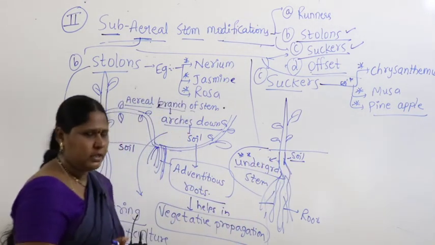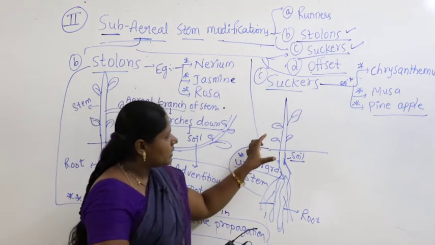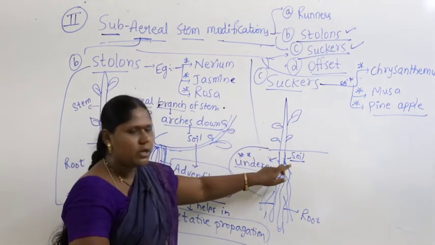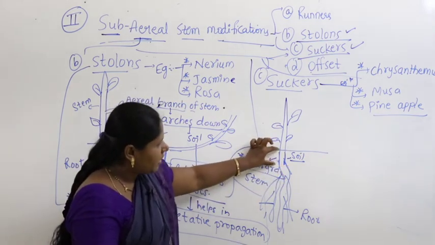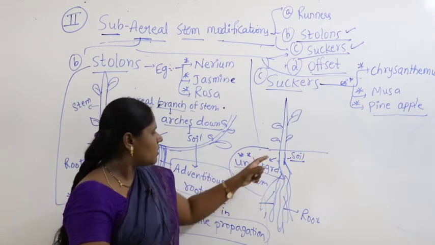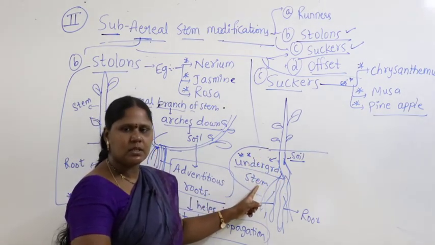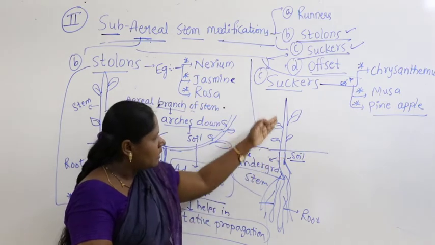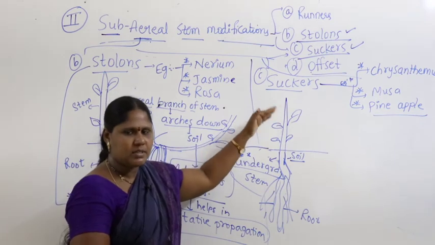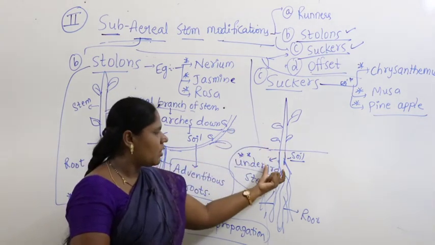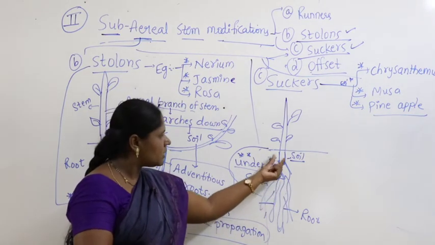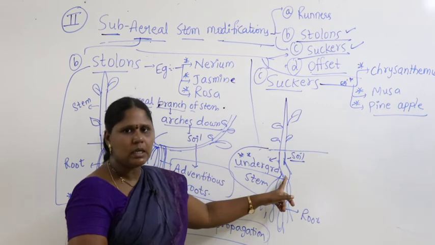If you look carefully in this case, some part of the stem is aerial, and within the soil you can still see some part of the stem that has penetrated. Up to here it is stem only. This is called underground stem. That means here the stem is partly aerial, partly underground: half is on the upper side and a little extent is present in the soil. Within the soil also you can see underground stem.